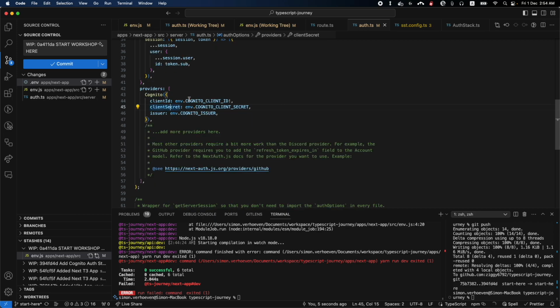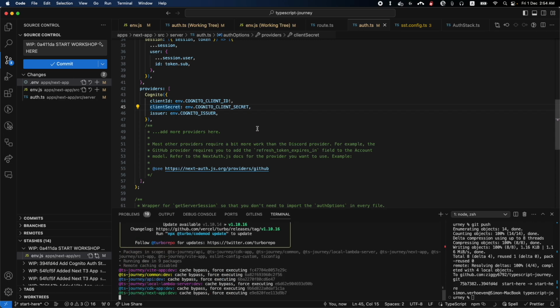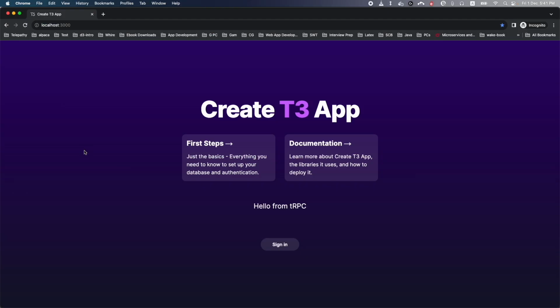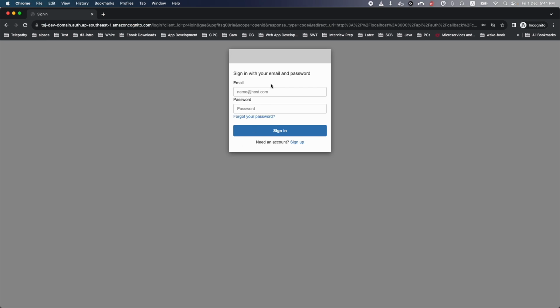That's what the T3 environment is giving you. So this is now going to set up the Cognito provider, and I should be able to run the application and open up localhost 3000. When I go to sign in, you see that it says sign in with Cognito. And if I click this,